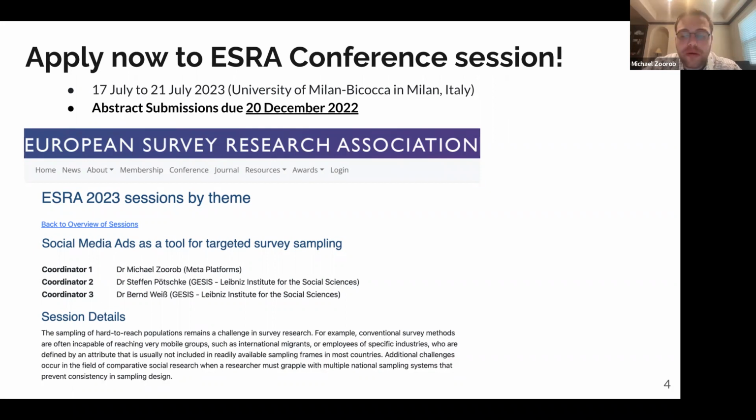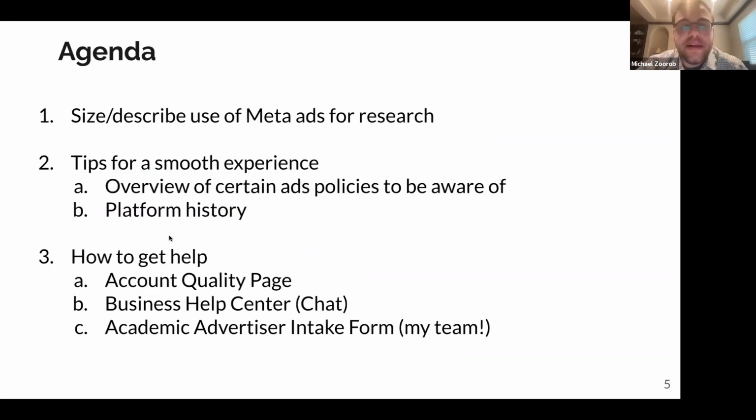So groups like this that social media is uniquely situated to reach. This is really Stefan's idea, but I hit submit, so I'm listed as coordinator 1, and we all worked on the abstract, but it should be really exciting. The abstract submissions are due in December, and it happens to be in Milan in July, so that should be nice as well. That's all the housekeeping.